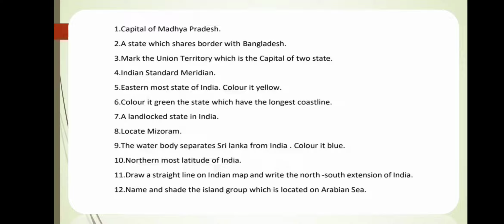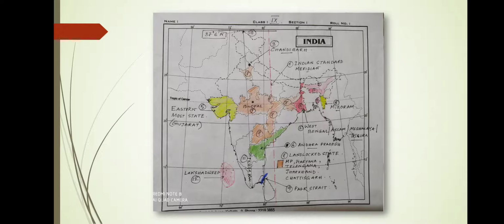So these are a few questions which I gave in the last class for the worksheet or the practice set from the first chapter, and today I am here to sort them out. If you have any problem solving this map, just go through the video and my solution. On the screen you can see one Indian map. I have pointed it out and colored it. Let me discuss one by one.